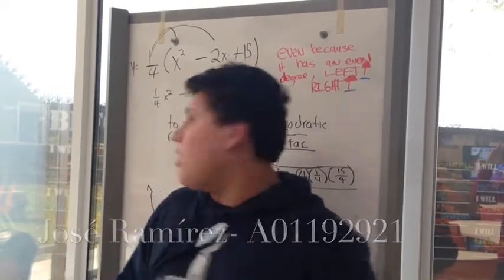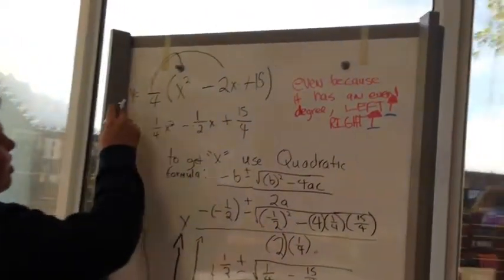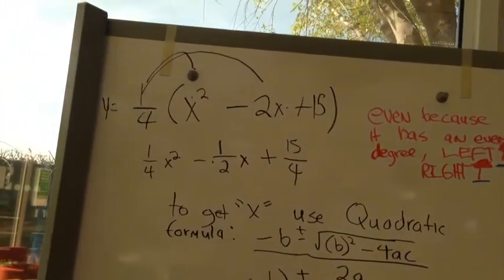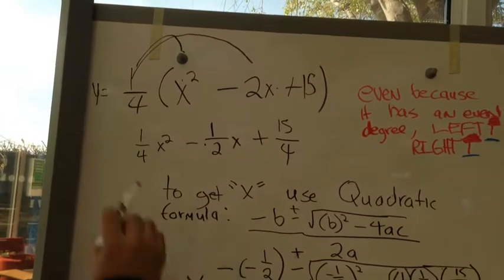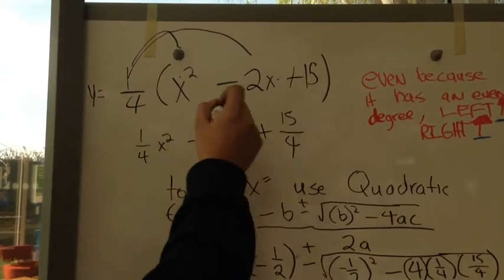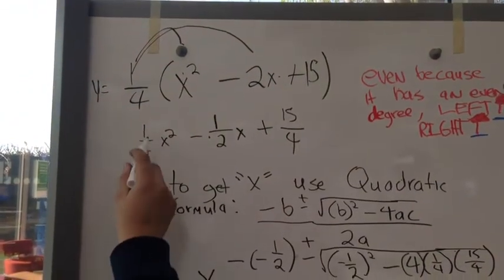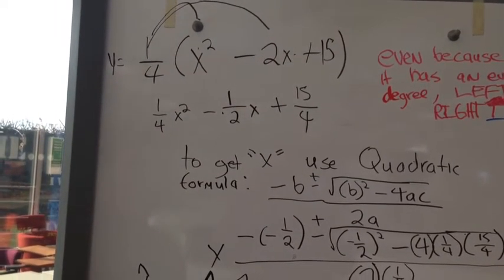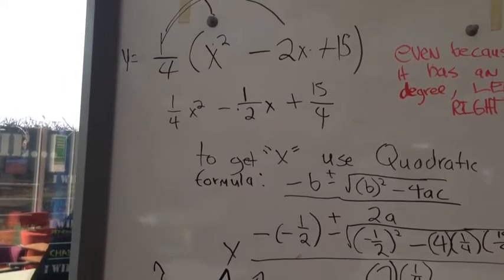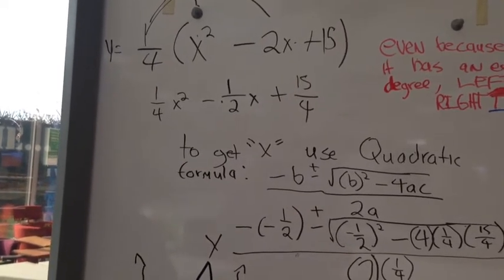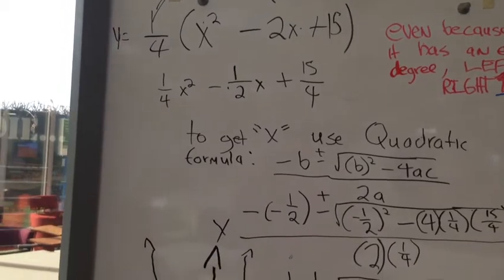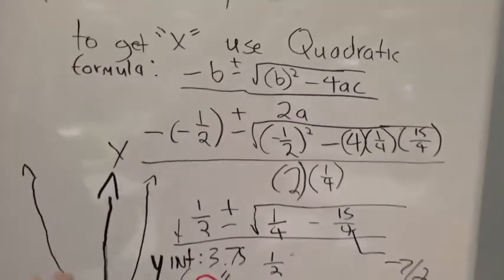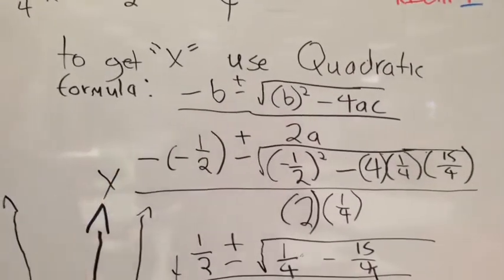My problem says y equals 1/4 times x squared minus 2x plus 15. The first step, as you can see, is multiply this, and this will give us 1/4 x squared minus 1/2 x plus 15 fourths over 4. To get the x, in these types of quadratic problems, I use the quadratic formula, which